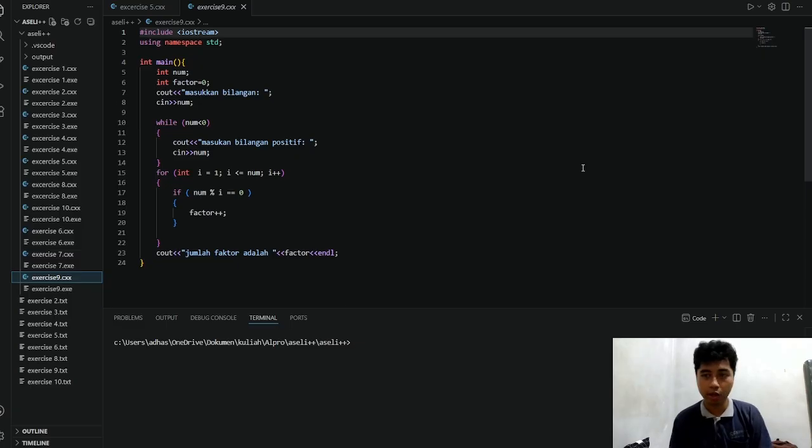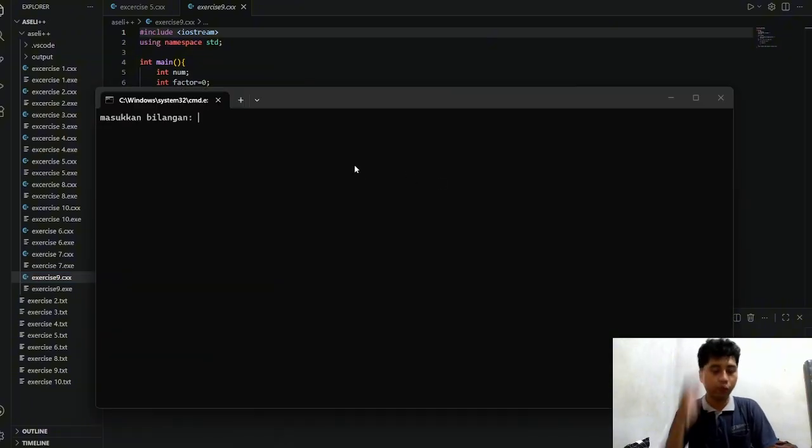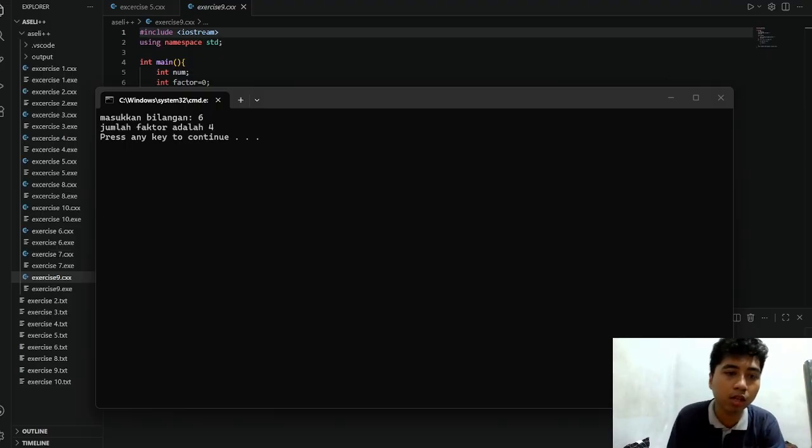Let's run the code to see if it is right or not. First, we need to input the number. "Masukkan bilangan." I will input 6. And we enter, and the program will say "jumlah faktor adalah 4." Please press any key to continue. So if I input 6, then the cout will be "jumlah faktor adalah 4."